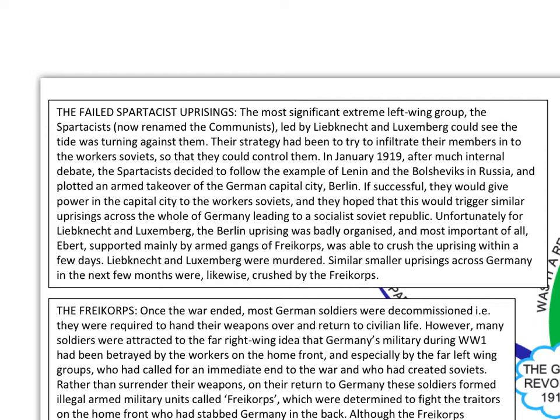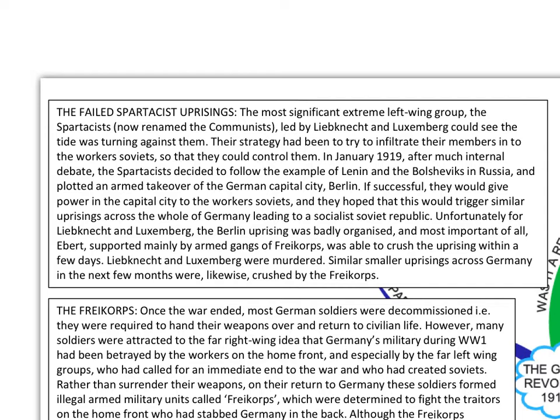And of course the Spartacists, to sort of exemplify that, changed their name to the German Communist Party. But it was a badly organised attempt to take power of the capital city, and by that point, of course, the Freikorps had returned from the trenches. They were back in Berlin, and Hebert and Groener utilised the Freikorps to put down the Spartacists, and so Liebknecht